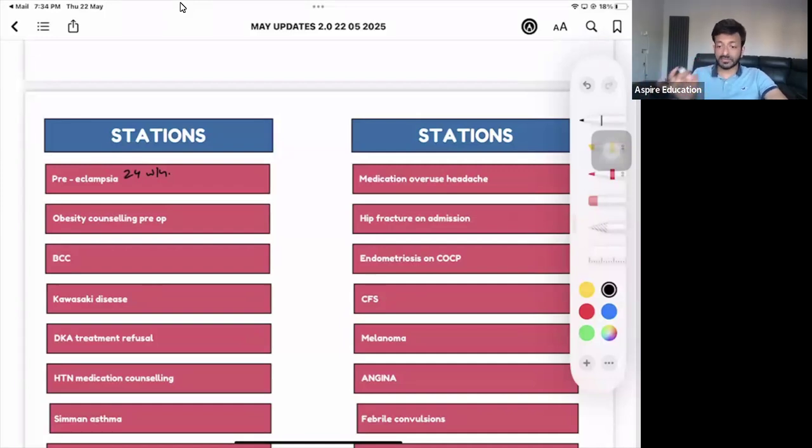So if it comes as preeclampsia at 38 weeks, what do you do? You induce the labor, you deliver the baby. If it is 36 weeks, what will you do? You will try to control the blood pressure. You will do the assessment of the mother by doing all the investigations, blood tests, make sure the patient is not going into HELLP syndrome, and you do the ultrasound scan as well, and you do something for the baby as well.